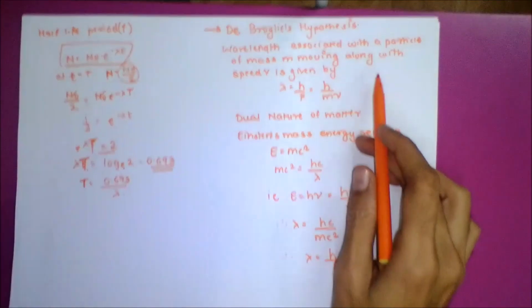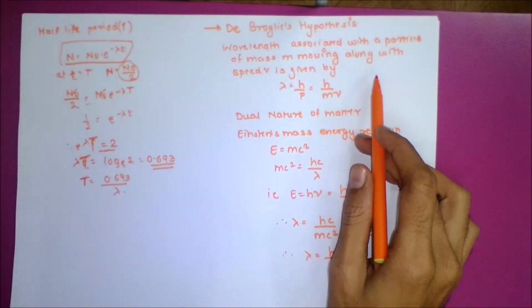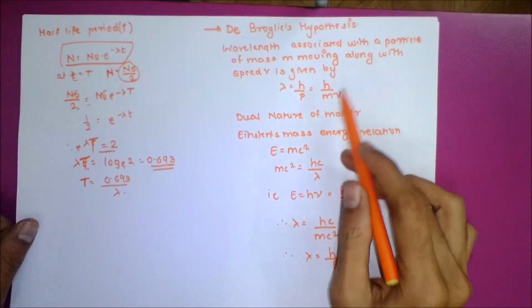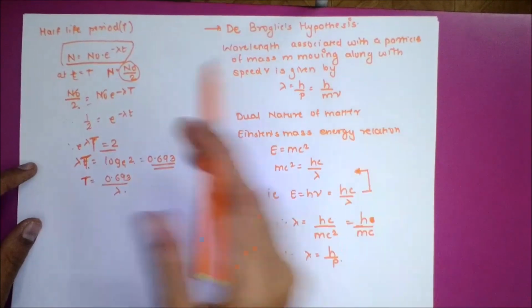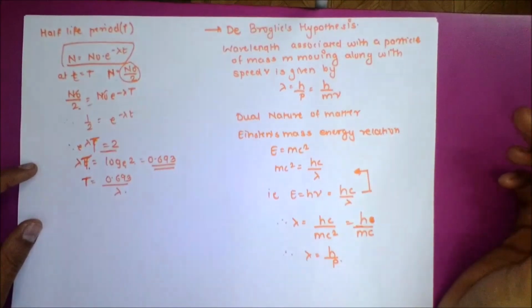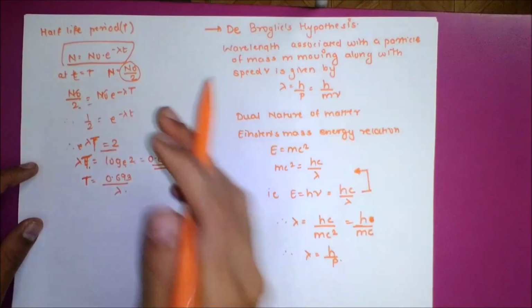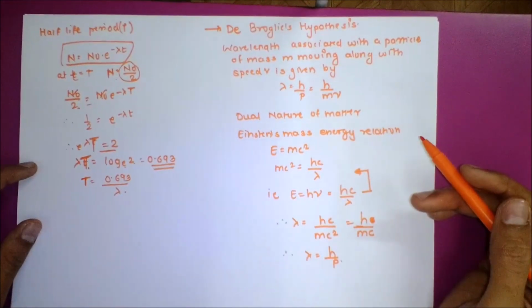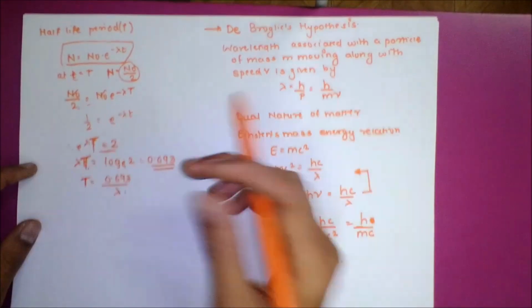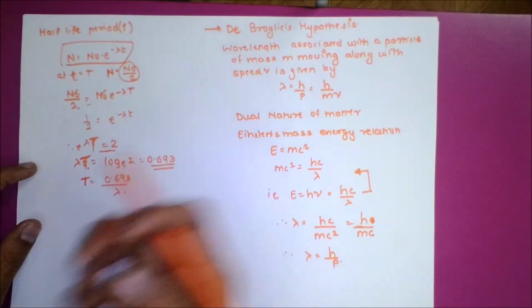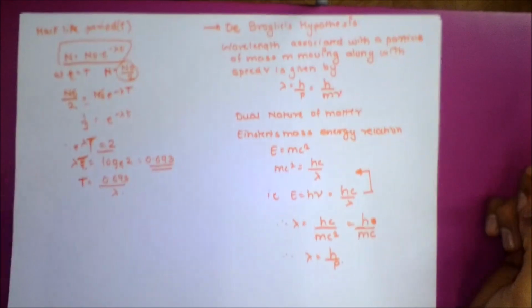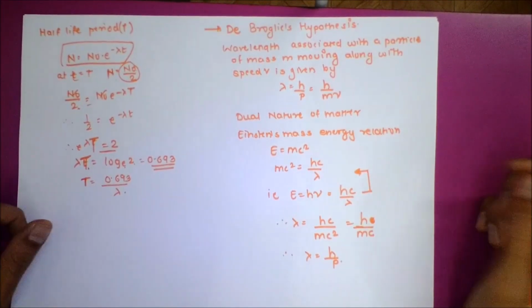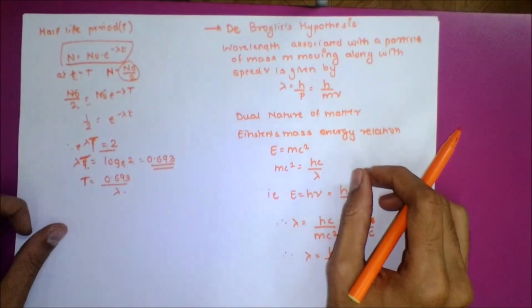We have the de Broglie hypothesis. In 1924, de Broglie suggested that if radiant energy has both wave nature and particle nature, then the particle must have a wave associated with its motion, that is, the particle must have the property of a wave with its motion. He believed that energy and matter must have some symmetrical characters.